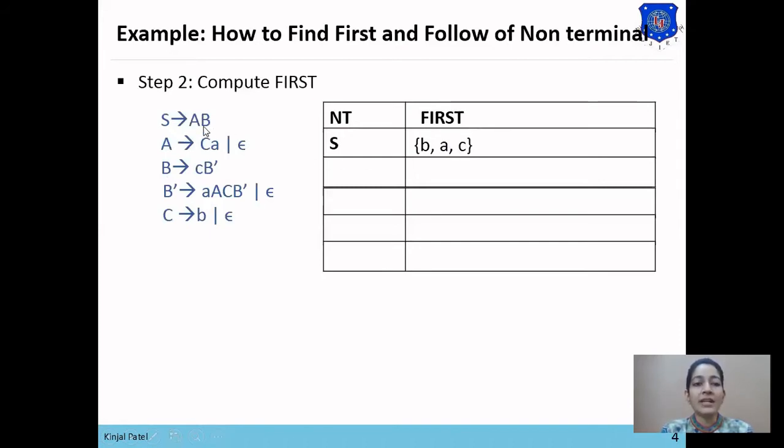Now B is also a non-terminal symbol, so we check the production rule to see whether B derives null.